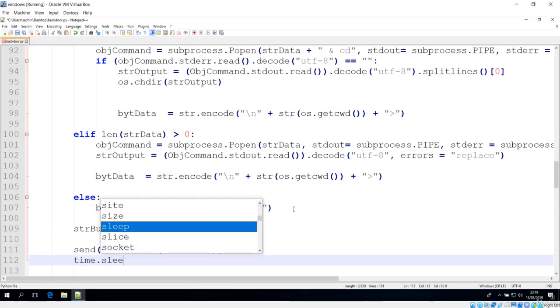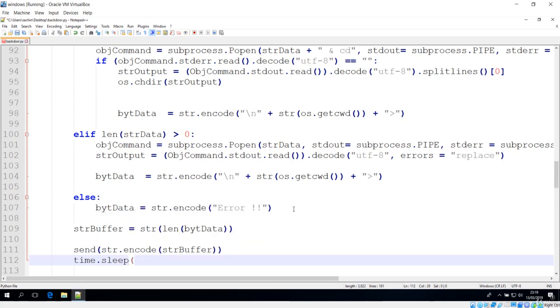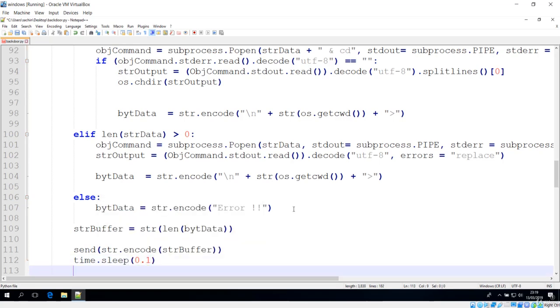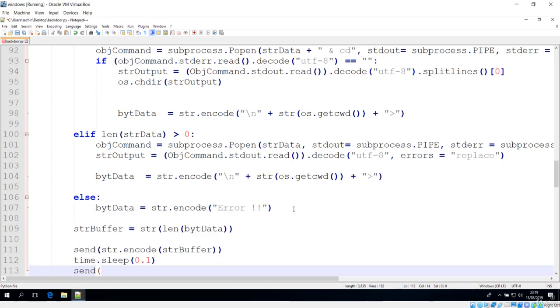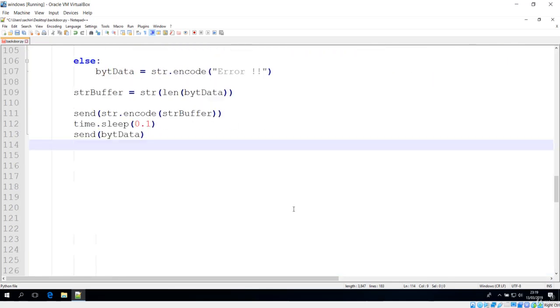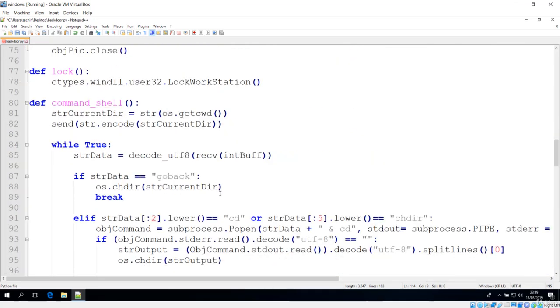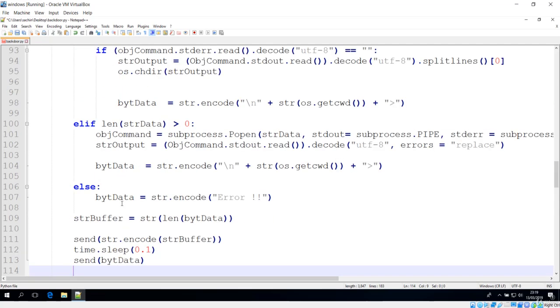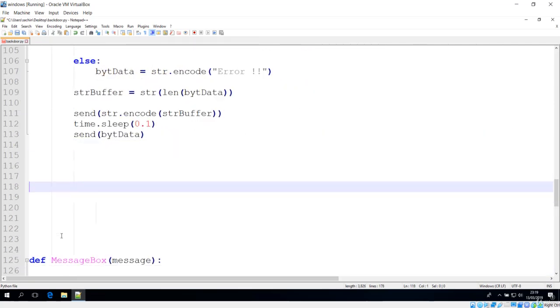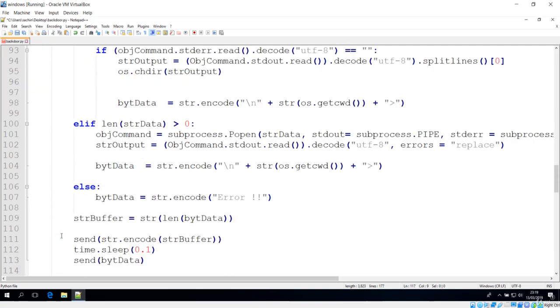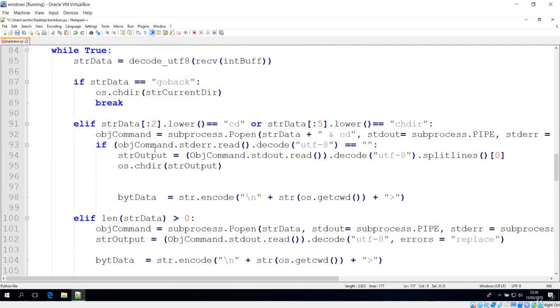In each send we'll make some wait over here, which will be 0.1 second, and let's send again this byte of data. So that byte of data will also be sent, and we are just sending output over here. So we have completed this method, which is command cell. This is not going to do much more because we're simply running the command on the cell. Everything that matters over here is basically these two lines of command.